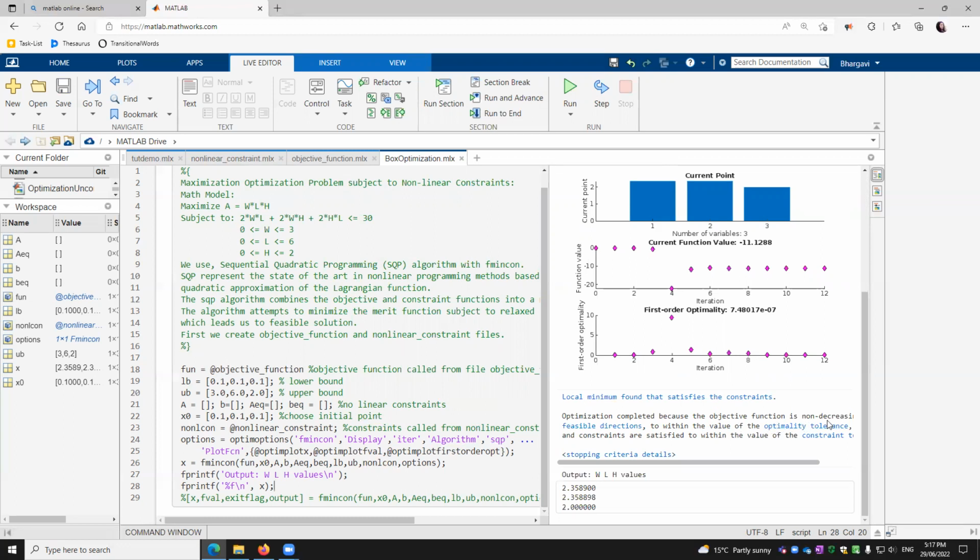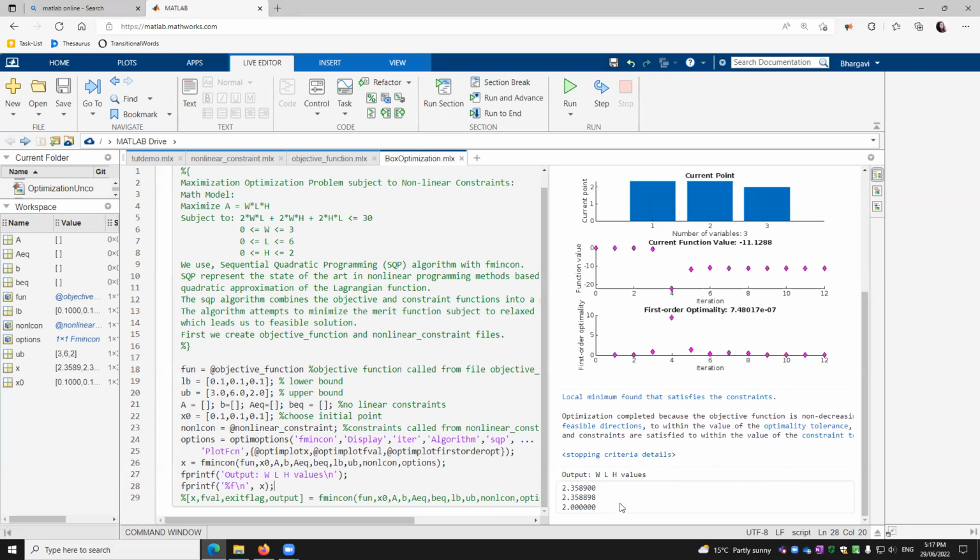Optimization completes because the function value is non-decreasing in the feasible direction. The first order optimality is within the optimality tolerance, and constraints are satisfied to within the constraint tolerance. So we stop by the criteria, and we have got the 3 values, W, L, and H, for the maximum values, that is 2.35,